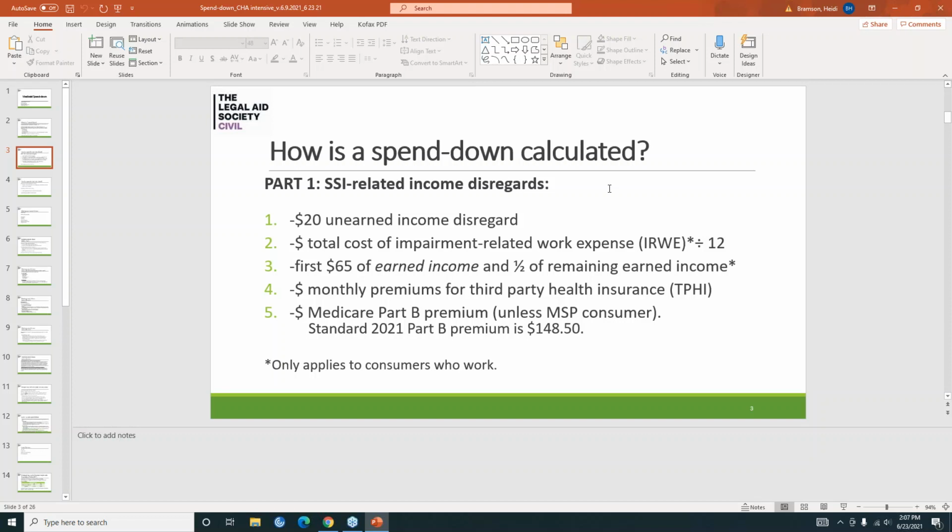There's also deductions for third-party health insurance. Many times a consumer might pay for a standalone dental plan or standalone vision plan for $25 a month. That can be deducted as an income disregard. And then the Medicare Part B premium may also be deducted from someone's income, unless, of course, they're an MSP consumer and that premium is being paid for already by the state.